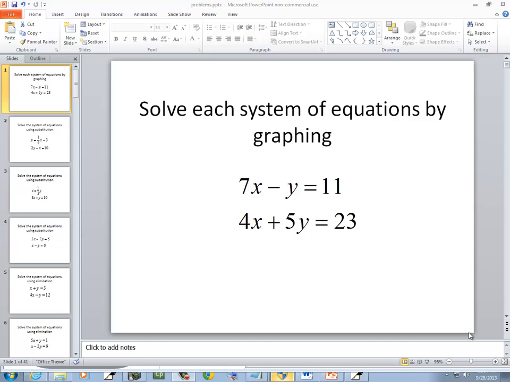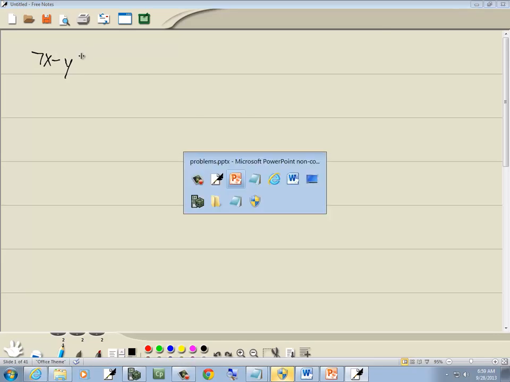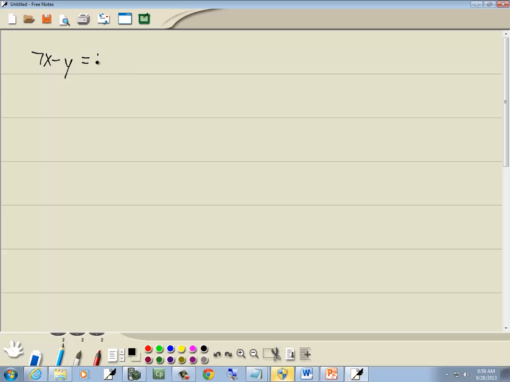In this problem, we want to solve each system of equations by graphing. So we've got 7x minus y is equal to 11, and 4x plus 5y is equal to 23. Now, in order to plug these into the calculator, we have to get y by itself, so we have to